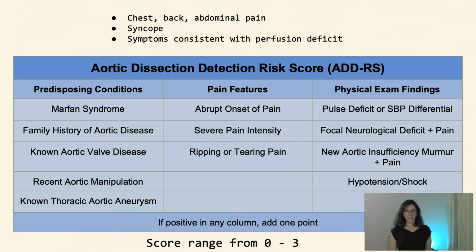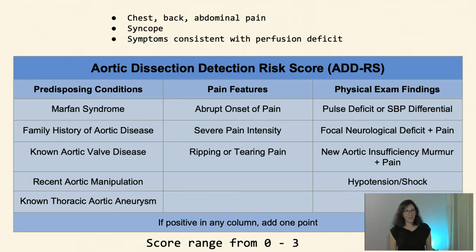So if we look back at the score that they derived, you look at the things in all of those categories, and that's the reason that you're working them up for aortic dissection, right? It's not because somebody came with chest pain. We see that 10 times a day. It's because they came with chest pain and they're morphinoid, and they've got a focal neurodeficit. And so your illness script has already been triggered because this test is positive. So does it really help you for somebody else to say, yes, you should think about aortic dissection in those